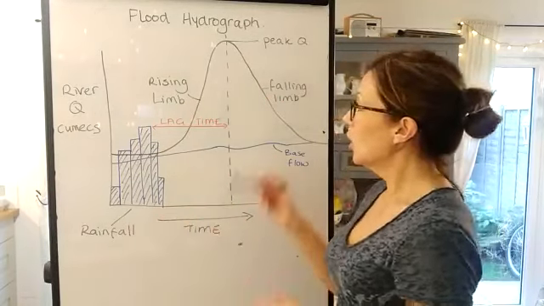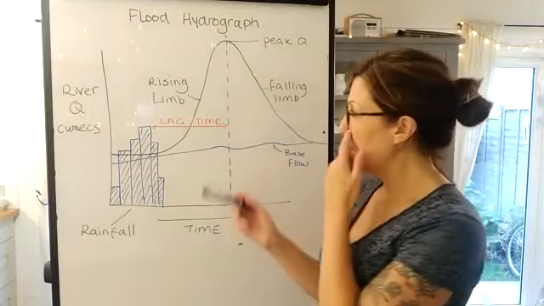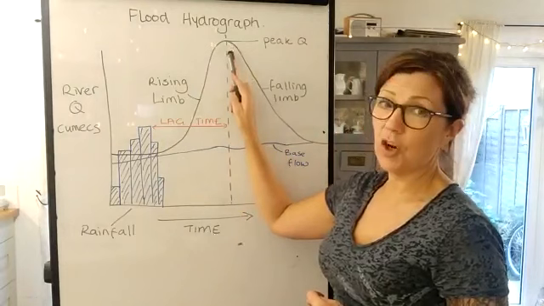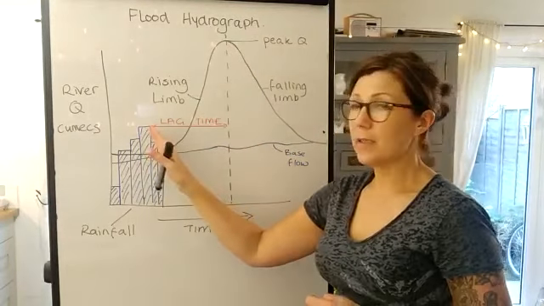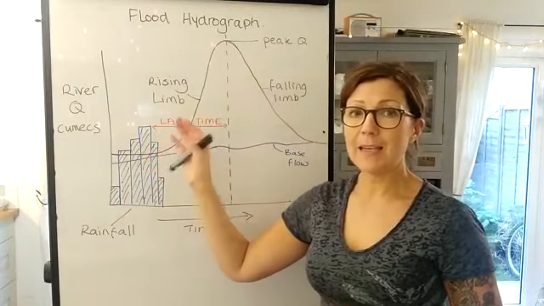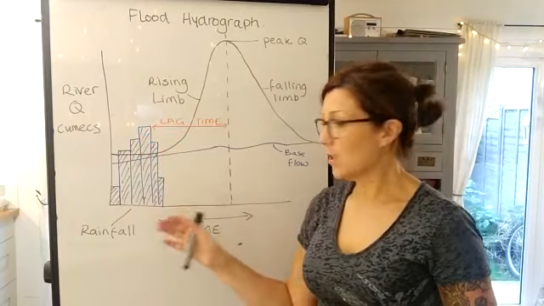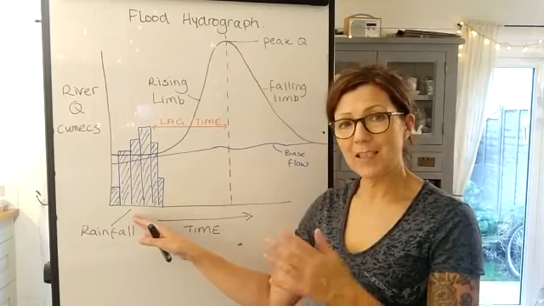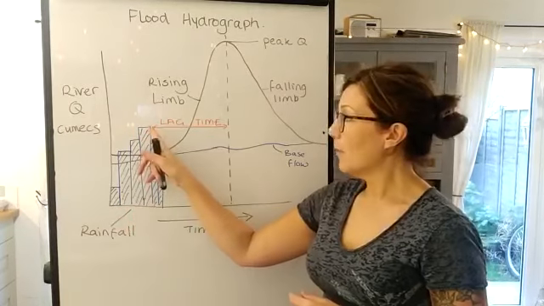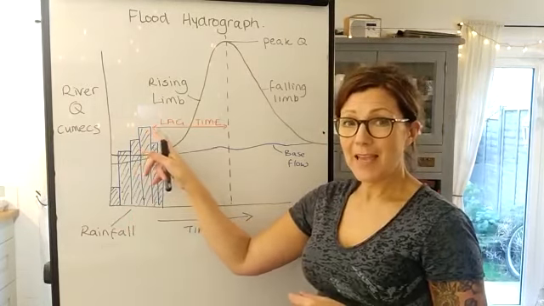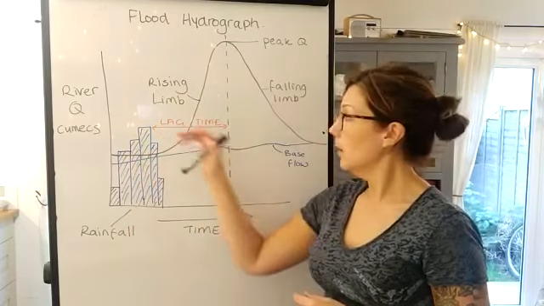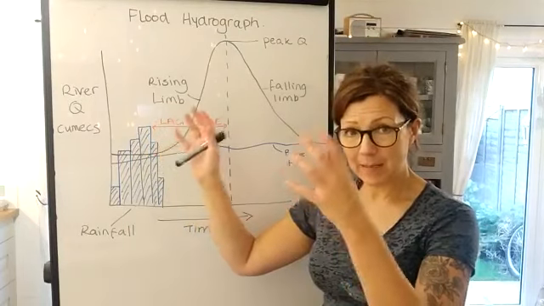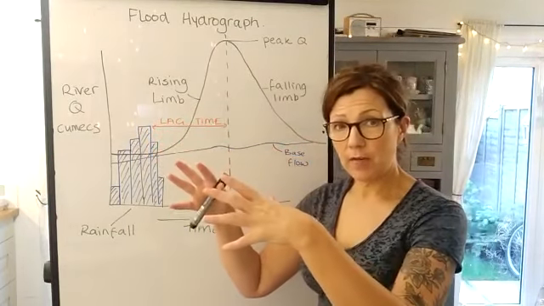and isn't as intense. So the other thing that we need to remember here is this thing here between peak rainfall and peak discharge in the river. So this is the time when it's rained at its maximum and then the rain eases off. So this could be a 10-hour period or a 12-hour period, and then the rain ceases or starts to decrease. And from that time, that's the peak rainfall. For this peak rainfall to get into the river, the time it takes this water from when it hits the land at most intense to going through the